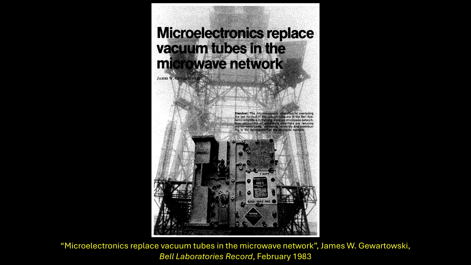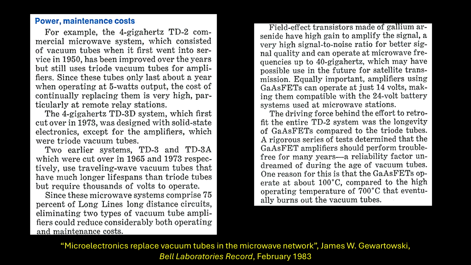The original AT&T microwave network was built with vacuum tube amplifiers, which require very high voltages to operate. As time went on, the amplifiers were replaced with solid-state or transistorized devices. These solid-state amplifiers were much more reliable and power-efficient than their predecessors. They could operate at lower voltages, too, reducing the need for massive numbers of batteries connected in series.